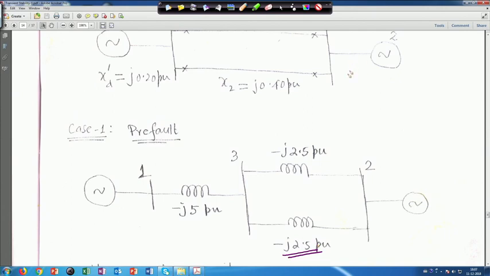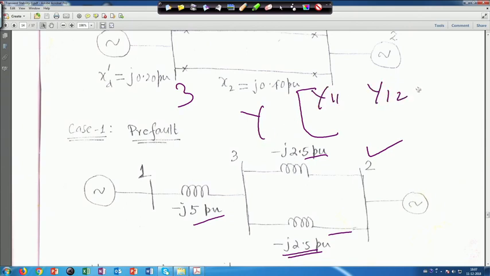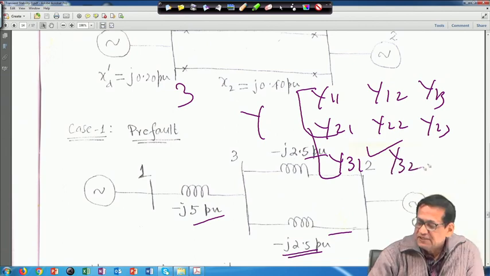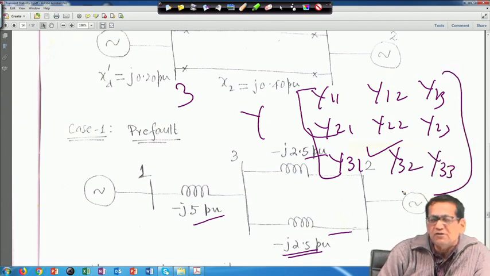And here no x d dash is given. So, this bus is marked as bus 2 and this is marked as bus 3 and this is 1, because x d dash was given. So, all these things actually are in per unit, and these are all admittance values, right. Now, when we calculate this, you know that when you form the y matrix for pre fault, you have 3 buses. So, in general the y matrix for pre fault will be capital Y 11, Y 12, Y 13, right. Then Y 21, Y 22, Y 23, right, and then Y 31, Y 32, then capital Y 33. This you have studied from the load flow studies.